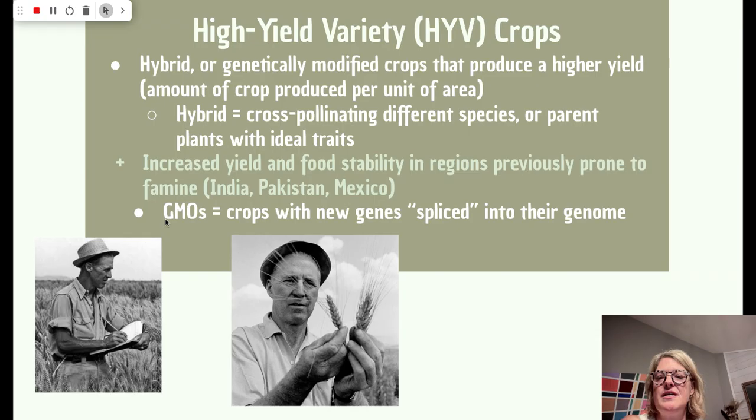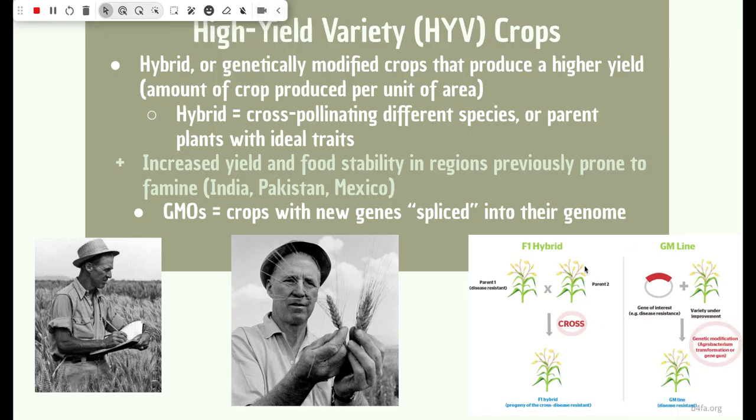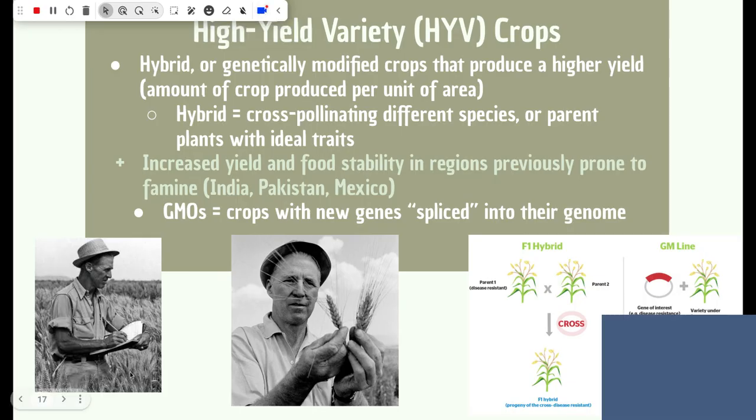And then GMO crops, or GMOs, are crops that have new genes, really even genes from different organisms. So they might have a gene from a fish that is now going to be inserted into a tomato plant. And so that's the difference between hybrid crops and GMO crops. I'm going to get rid of my picture here just to show you this. If you'd like to look at this, it explains it in a little more detail. But just understanding that that's the basics of what these two things are is important.